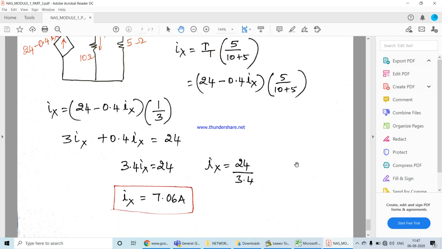Okay, I hope that with my previous video and this video, I have covered the entire concept of source transformation, and I hope it is clear to you. So in my next video we'll see how to use